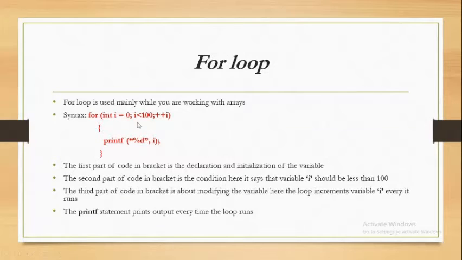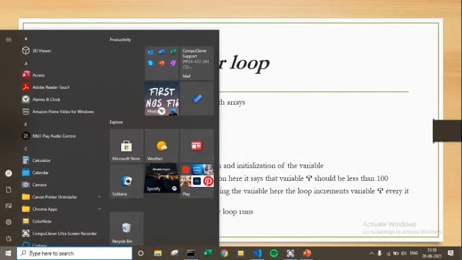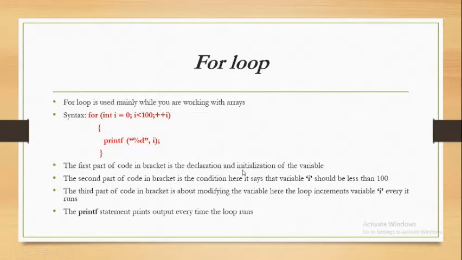So here, every time the loop executes, the variable will be modified. In this example, I will be incremented every time, as we know, with the incrementation and decrementation operators. And this body is there, right? It executes every time the loop runs. So every time the loop runs, the printf statement prints something, right?